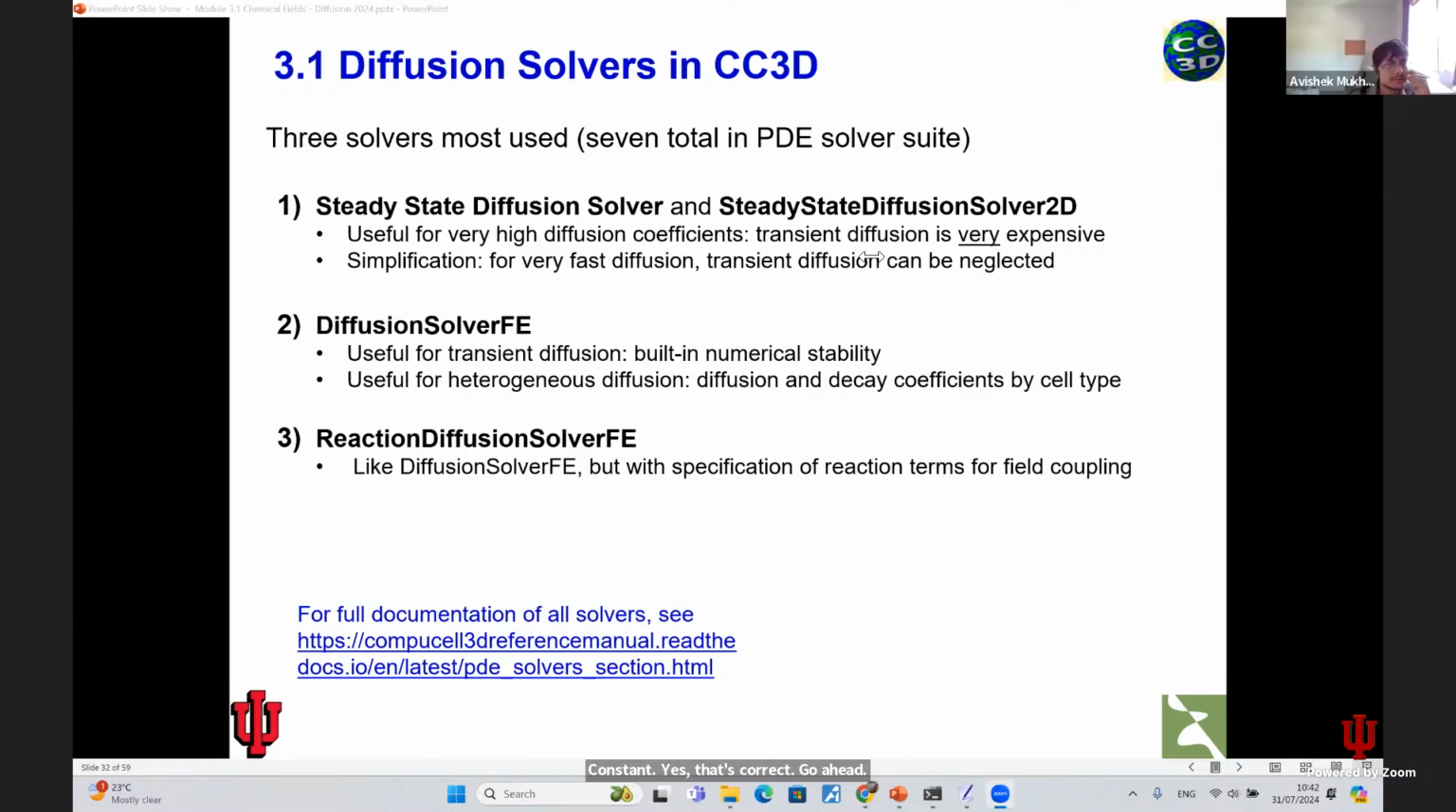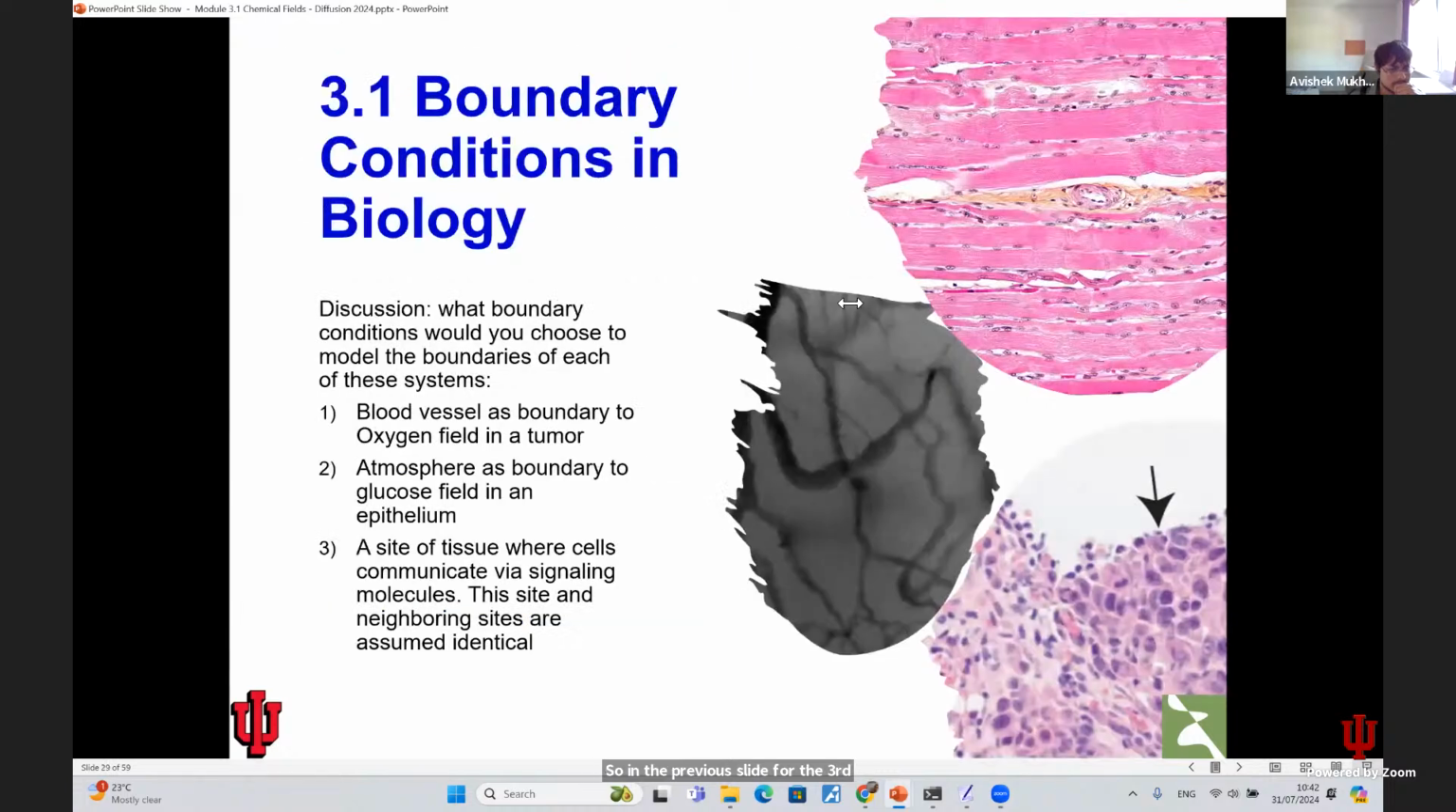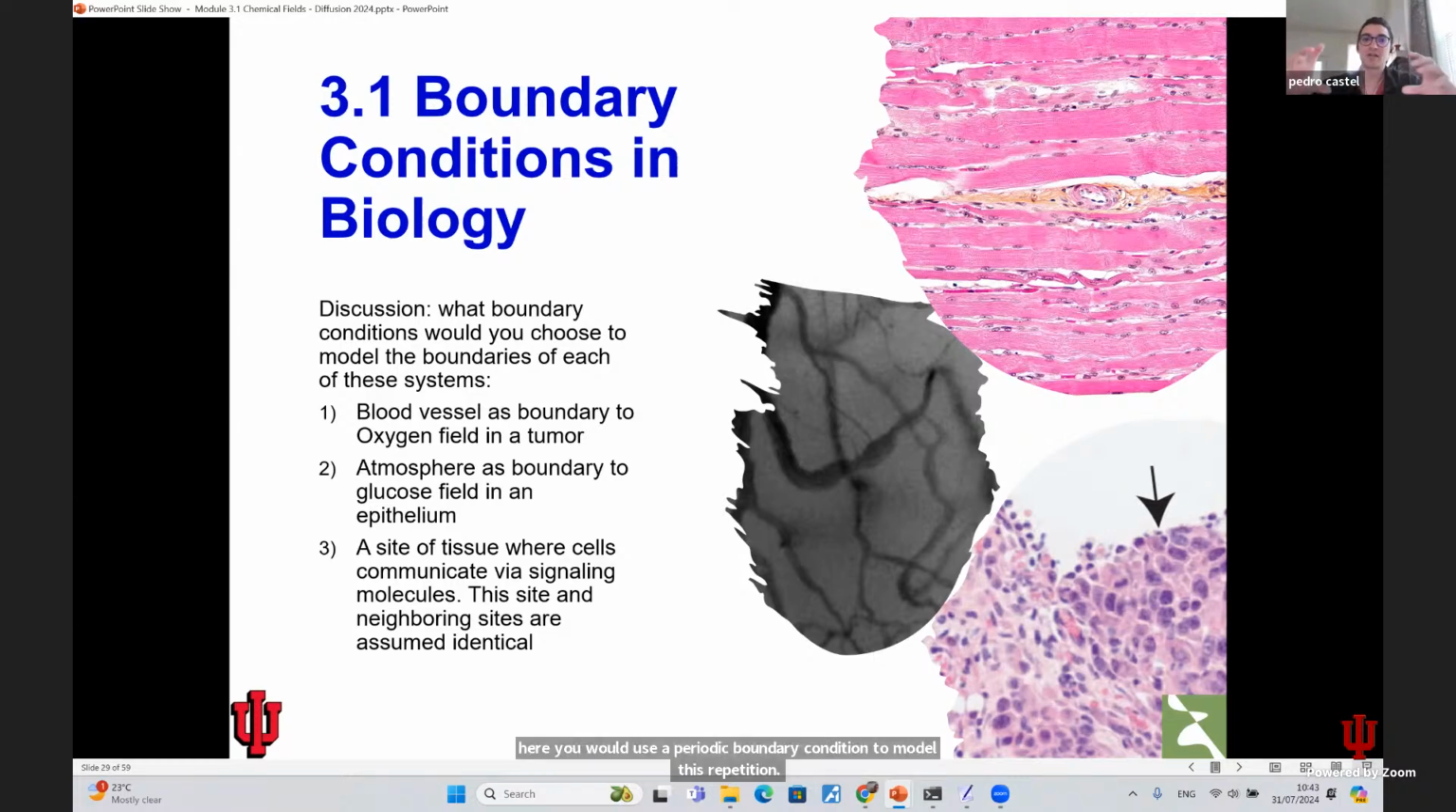So in the previous slide, for the third situation, will it be periodic for the third one? I'm a little confused about the third one. I skipped the third. You're talking about the third one? Yes, it's periodic. So let's say we are modeling a small site of tissue, and all the neighboring sites are similar between each other and are similar to the site inside it. So here you would use a periodic boundary condition to model this repetition of patterns in your tissue. So you are trying to model an infinite space, an infinite regularity of that tissue, using just one site